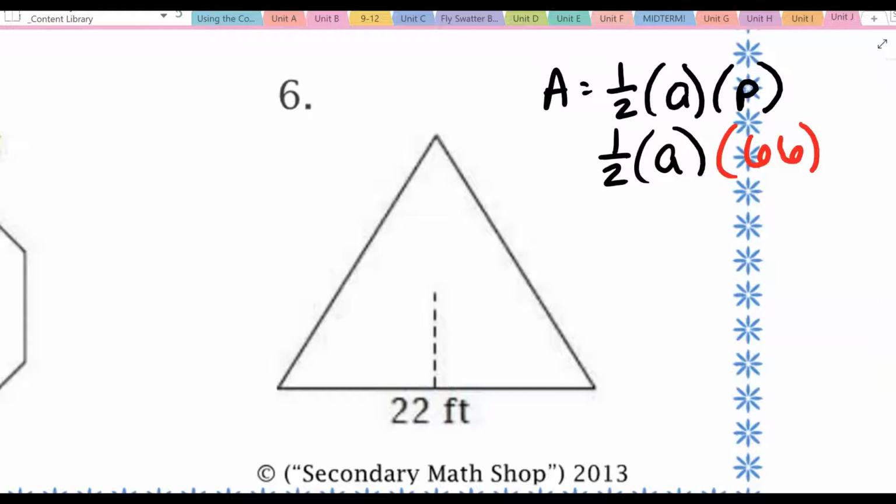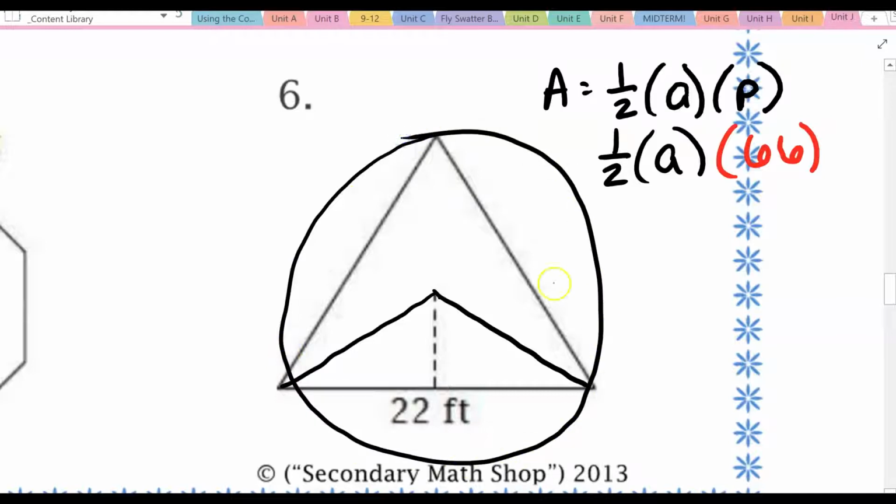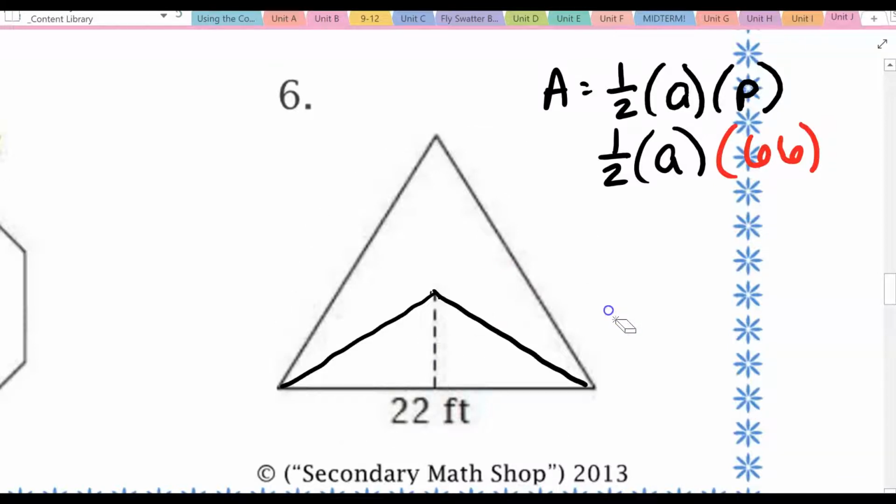So what we're going to do is, just like the last two, I'm going to draw in a central angle. I'm going to do this really badly right now, but if this triangle were drawn inside of a circle, you would see that we could technically split this circle into 3 central angles, right? So really what we're looking at is that we have one central angle that makes up 1/3 of a full circle. So if a full circle has 360 degrees, we divide that by 3 to find that each central angle is worth 120. If this entire central angle is worth 120, it makes each of these worth 60 once we